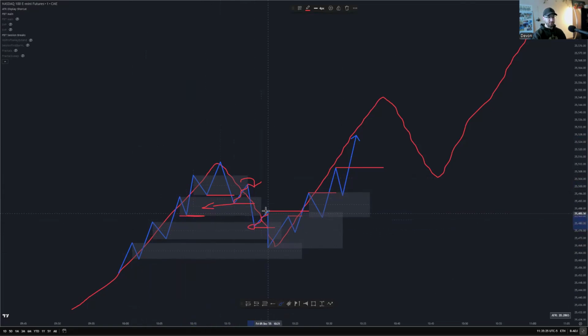Now we have a reaction. The reaction folds over. I target this zone, right? We have a reaction here. I'm waiting for the fold over, and then I can look to target this level. The fold over fails. We go up. Now I can target a high, right? And it does the exact same thing in the opposite direction.